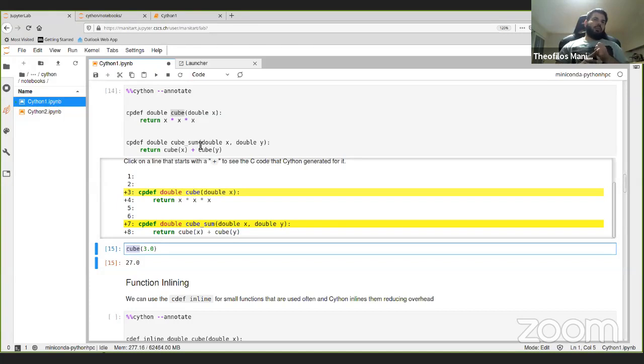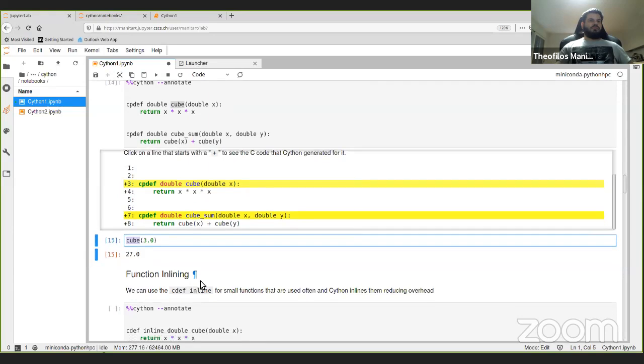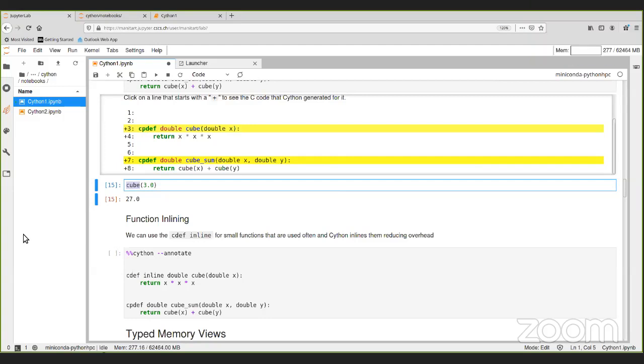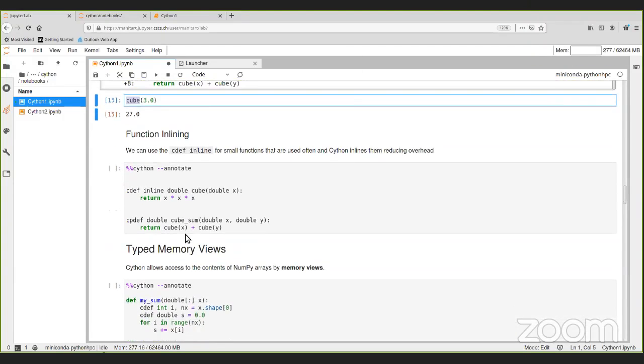One that is completely in C, which you can call only from Cython, and one that you can also interact with from Python. Any questions? No, it looks like it's clear. Okay, so now